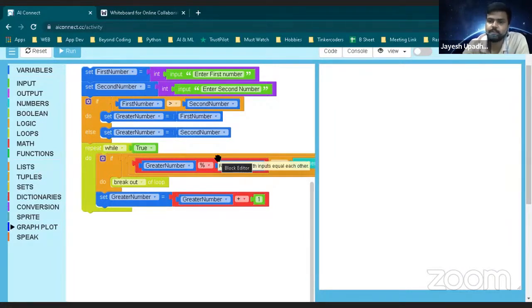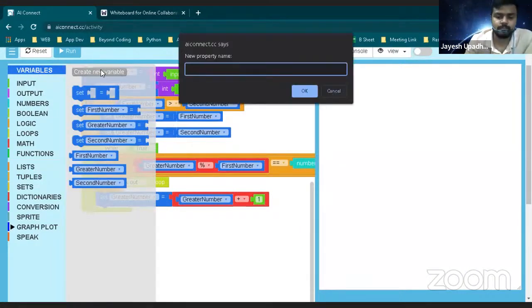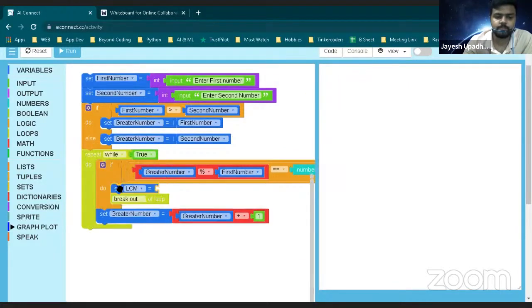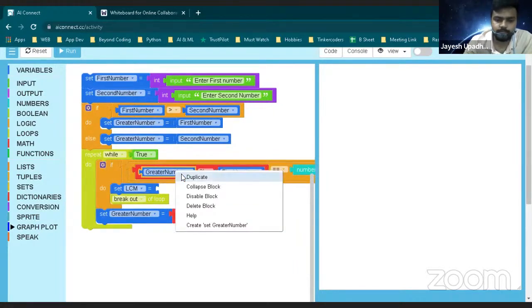Fine, very simple, right? So let's just do it. Break out of the loop, but in this case I need to do one more thing. अगर ये break out of the loop है, इसका मतलब कि मैंने ये दोनों कंडीशन सेटिस्फाई हुई है. इसका एक और मतलब है कि मैंने अपना एलसीएम फाइंड कर लिया है. तो let's just create a variable for the LCM. एलसीएम एक वेरिएबल क्रिएट कर लिया मैंने. And then what I said, set LCM equals to greater number,